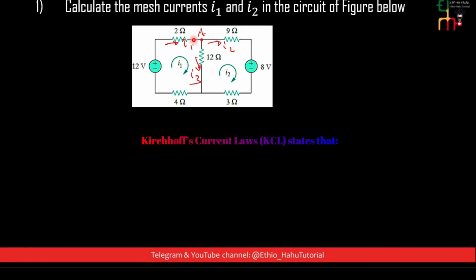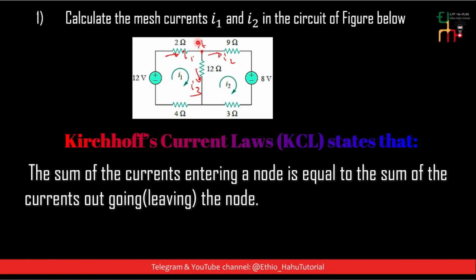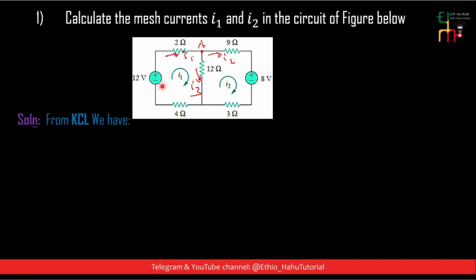ስለዚህ ከርችፍ current law ምንድነው የሚለን? The sum of the current entering this node equals the sum of the current outgoing from this node ይለናል። ስለዚህ by applying this Kirchhoff current law ምን እናገኛለን ማለት ነው? ወደዚህ ኖድ ኢንተር የሚያደርገው current I1 ነው። I1 is equal to the outgoing current from this node, I2 plus I3. ስለዚህ ይሄኛውን ለI3 ሶልቭ ብናደርገው I3 is equal to I1 minus I2 እናገኛለን። ይሄኛውን ኢኩዌሽን 1 አልነው።